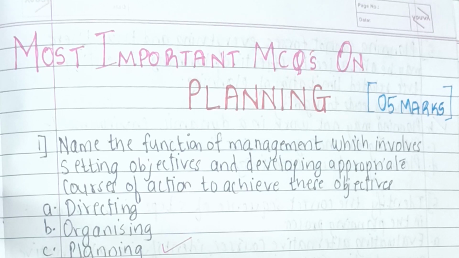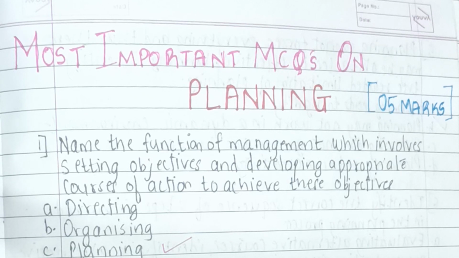Now from this MCQ series you have to understand that planning is a very easy chapter, and in this chapter the thing you need to concentrate on really well is first of all the planning process. After that you just need to know which are the features and which are the advantages. You may get multiple choice questions asking to pick out the features from the given importance, or maybe pick out the importance from the given features. Apart from that, you may also be asked about the different types of plans. You may be given an example and asked to find out which kind of plan was used in the above statements and so on.